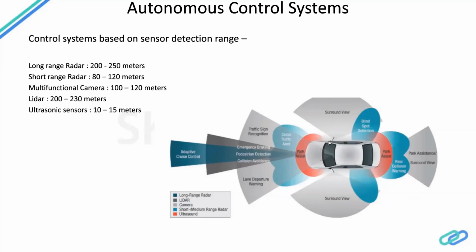Ultrasonic sensors, as I told you, have a detection range of hardly 150 centimeters. So these are mostly impactful for parking assist and also backup assist, where you are moving at a speed of 10 or 15 kph. And cameras for the surround view again. If you have seen modern day high cost cars, they have the surround view, where they stitch the information from multiple cameras.